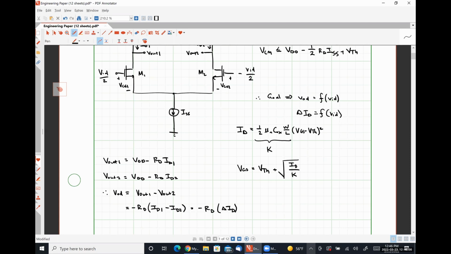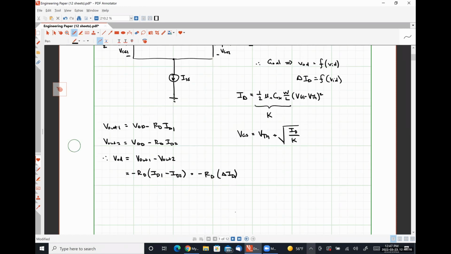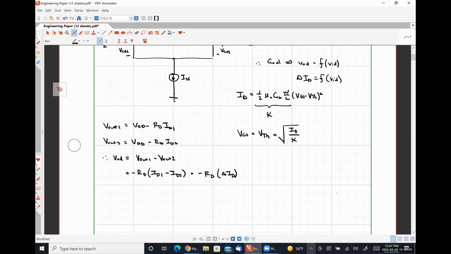Very similar to what we did on Wednesday. Our next step is going to be similar as well. We're going to apply Kirchhoff's voltage law and say that VID over 2 is just this voltage drop VGS1 minus this voltage drop minus this voltage drop. So we're just applying Kirchhoff's voltage law around the input loop. And so from that we get VID over 2 minus VGS1 minus VGS2 minus VID over 2 is equal to 0. And from this, we get VID is equal to VGS1 minus VGS2,